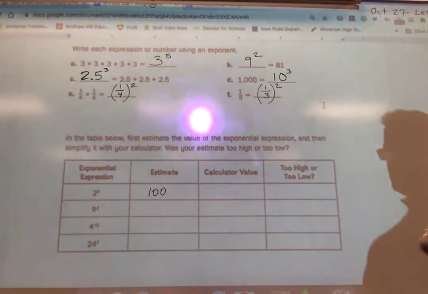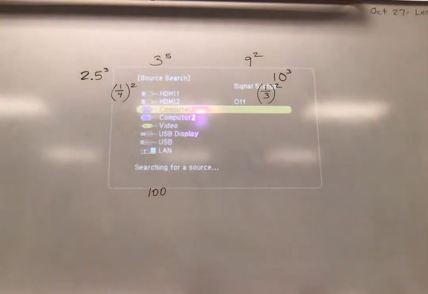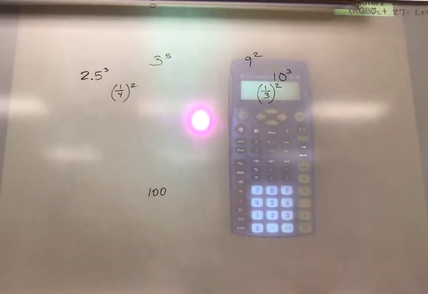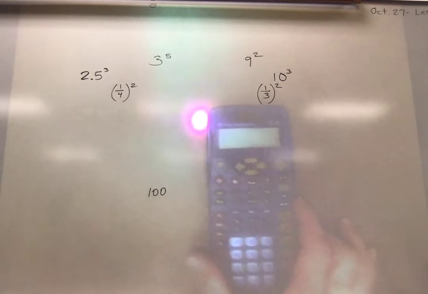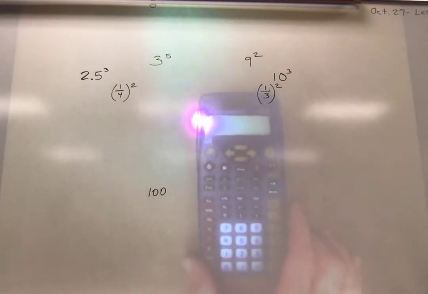All right, so if I switch over here, we're going to get our calculator value and see what it really is. It turns into a lot of multiplying work when you do that, so we have calculators. We'll show the TI-15 here real quick, and I'll show an example. So the one we had was 2 to the 8th power, so I could plug in